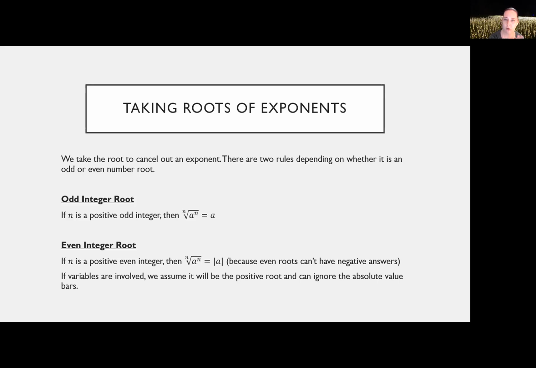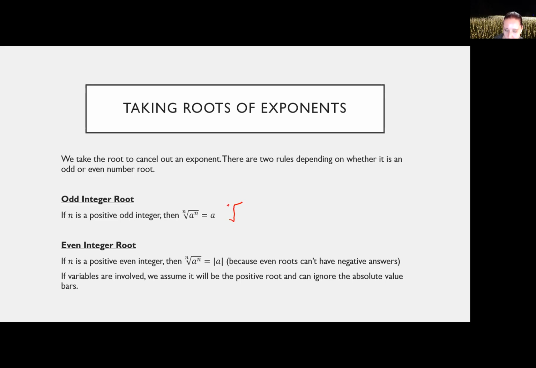So you've got 2 categories. If your index is odd, it's an odd integer root. If your index is an even number, then it falls into the even integer root. So that number is either odd or even. If it's an odd number, then whatever is underneath the root, the exponents cancel and you're just left with that number. So like if we have